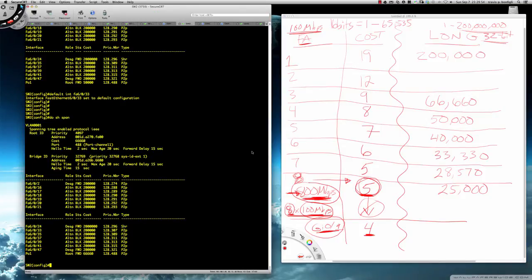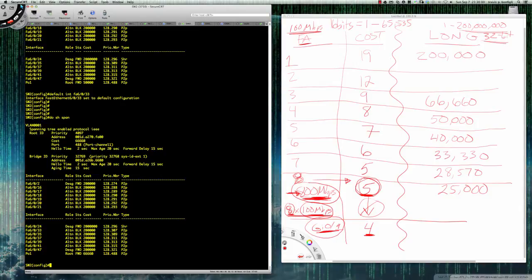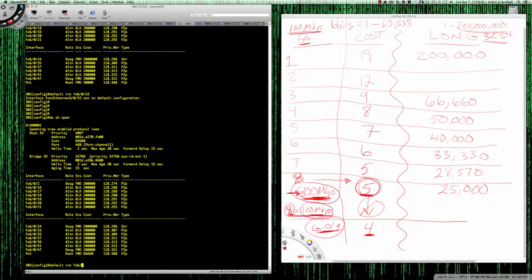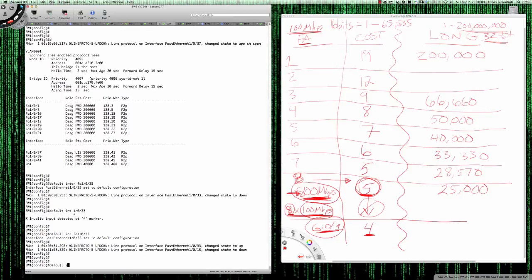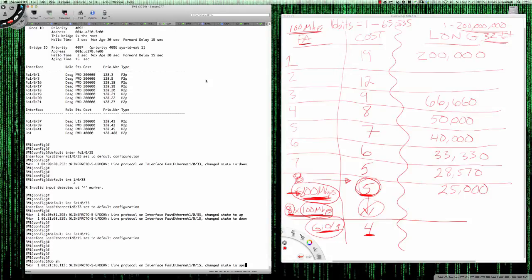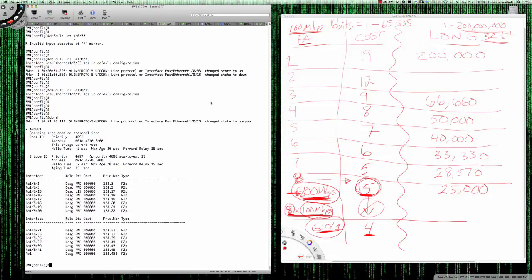So let's drop out one last interface here and take it down to 2. And so I'm going to say, I'm sorry, default interface FA6015. And then default interface FA1015. So do show span, and our cost is simply half of what it would be with a single port, 100,000. Okay, so again, to recap, when you're creating EtherChannels, you're adding in additional links,